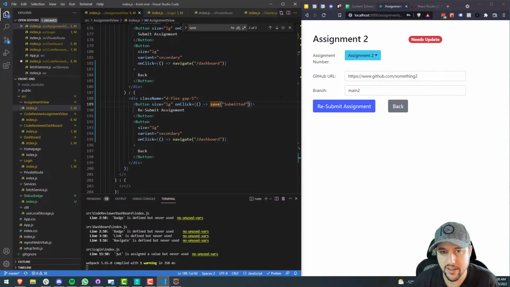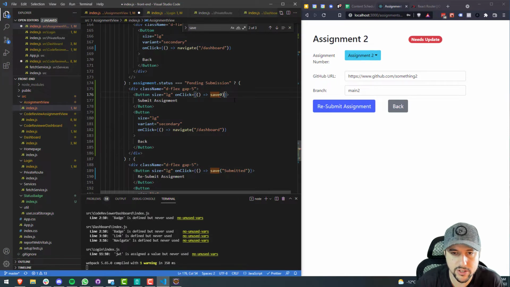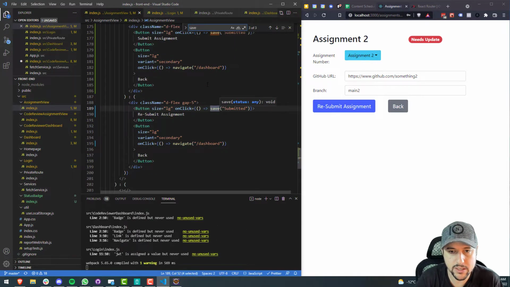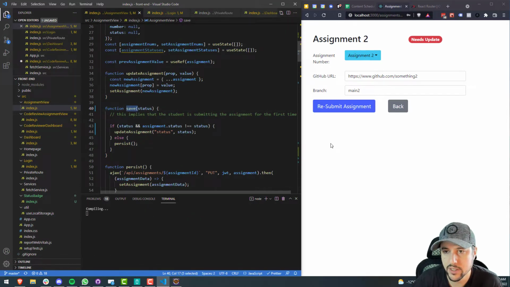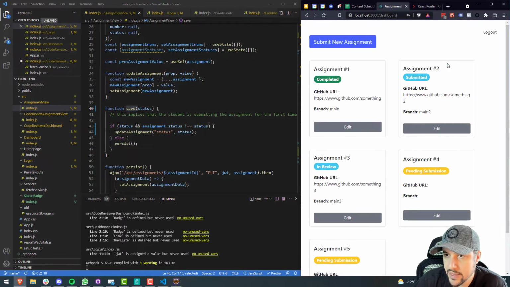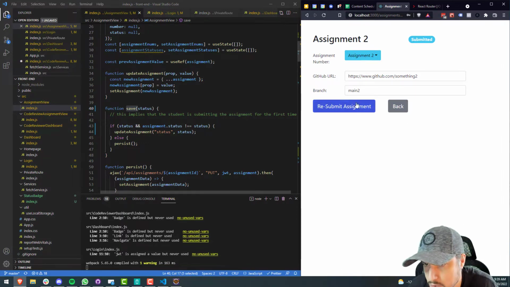So let's say save it to submitted status. And then this one as well, we'll bring it to submitted status. Right? And do we have any more save button calls? Save 1, 2. No, so there's just 2 different. Anyway, so we'll save that code. And then if I say resubmit assignment, it goes to submitted now, right? But here's the problem. If it's in submitted status, whichever one that was, I forget, was it assignment 2 that I did? Oh, and interesting, we can resubmit the assignment again. Which is kind of